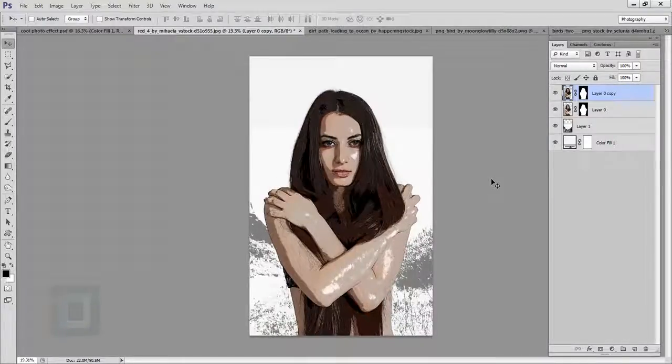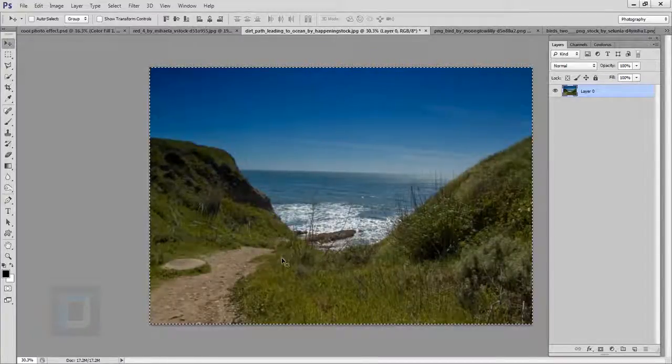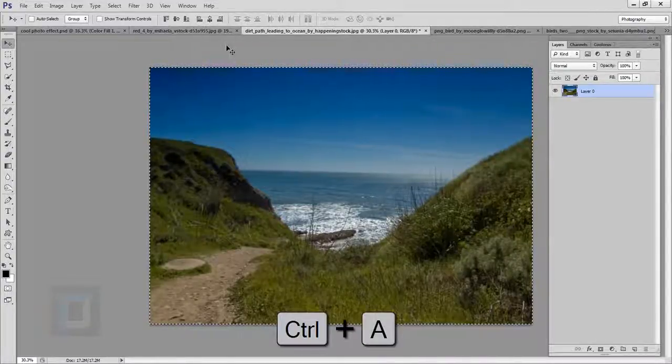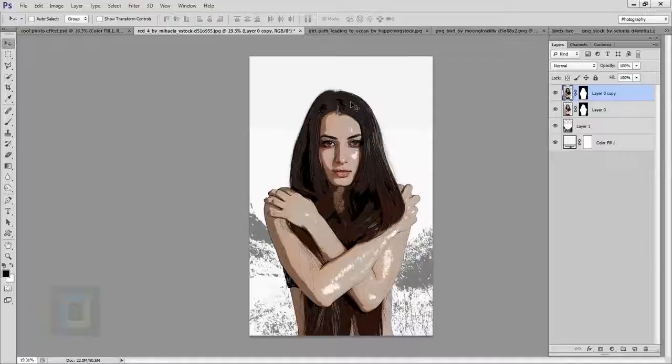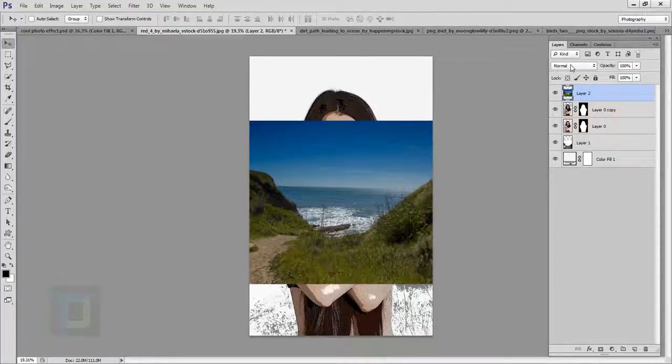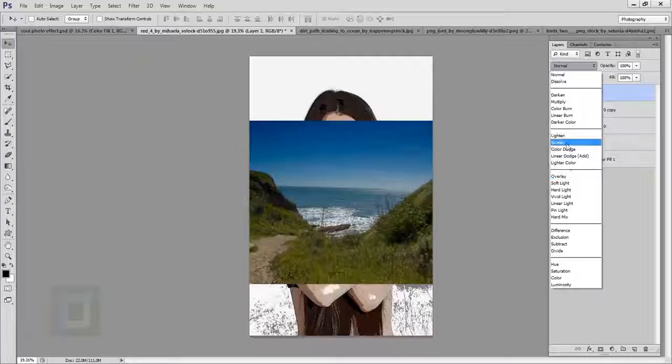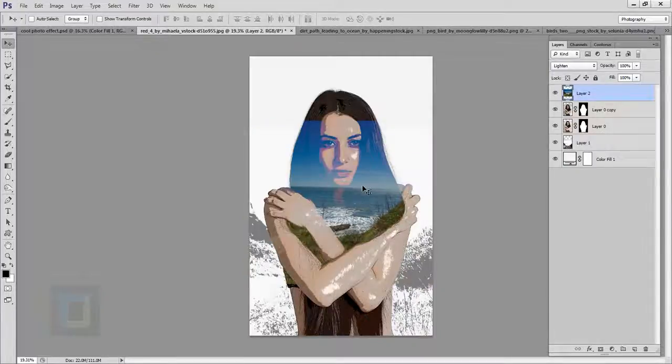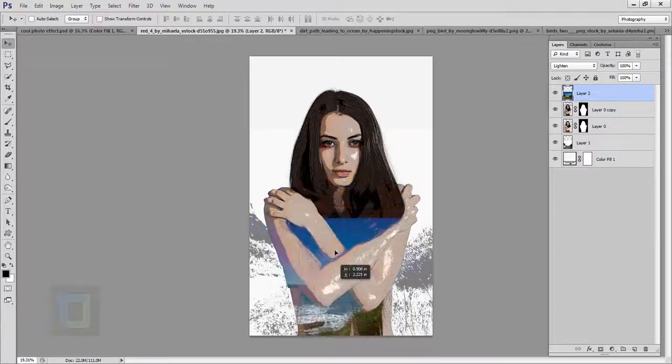Now it's time to create the effects. So to do that, I'm gonna go back, and as you can see I still have this background image on here, and I'm gonna press Ctrl A to select it, Ctrl C to copy, come back here, Ctrl V and paste it here. So the image is ready here, and all you have to do is just go and change its blending mode to lighten. So since the background is almost white, the rest of the area will not be visible, and this